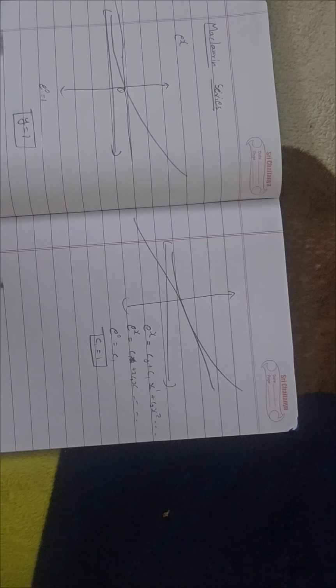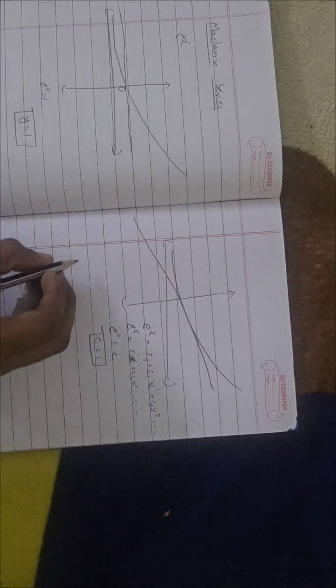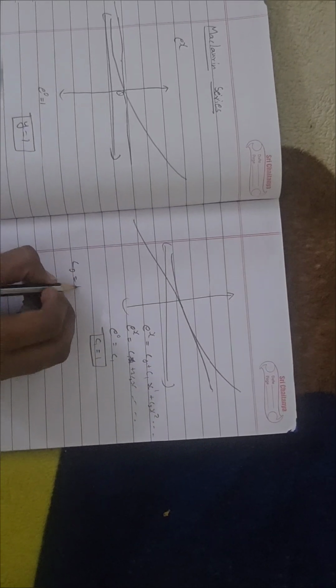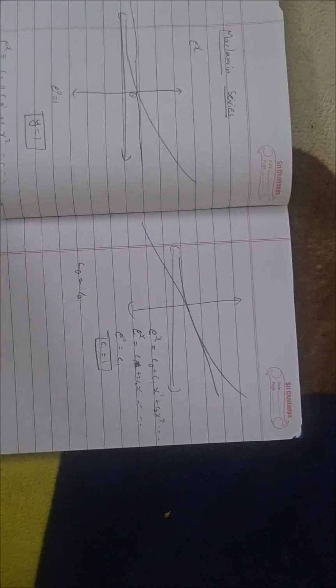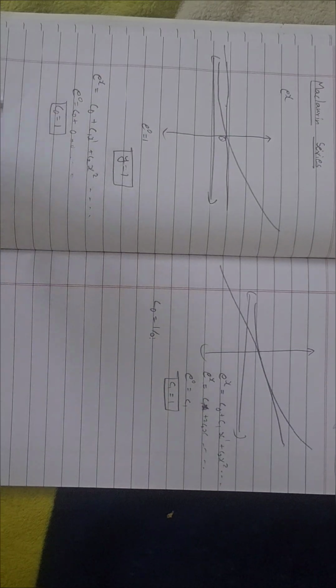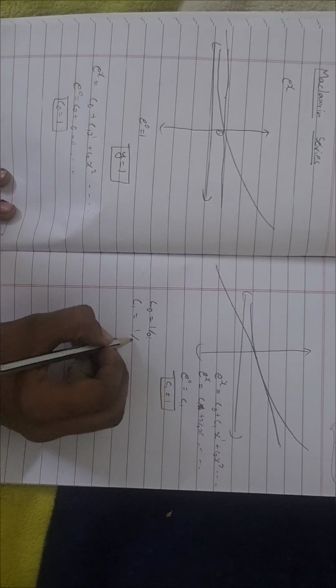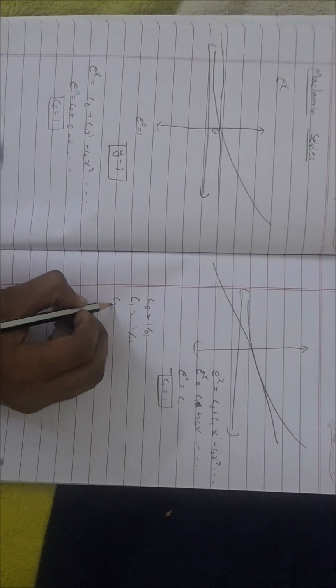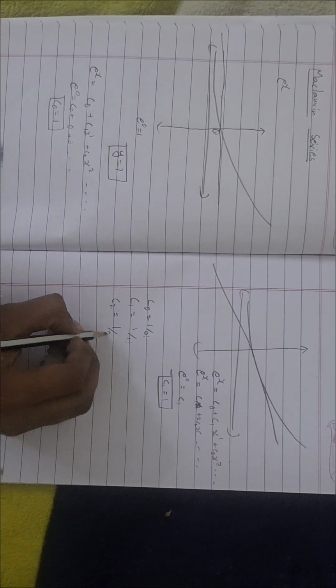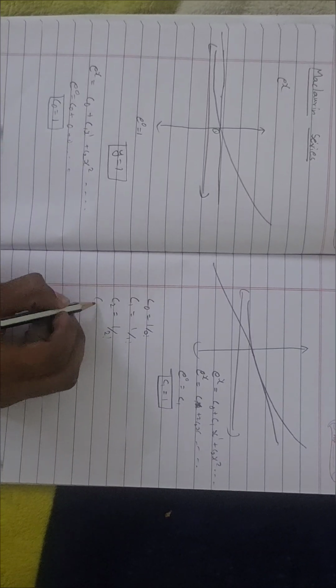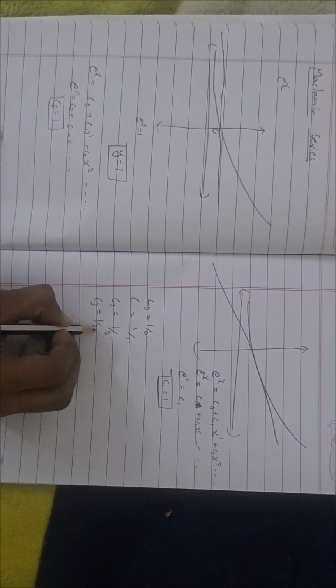And if I differentiate another time, and find the values of c2, c3, c4, I get something like c naught equals 1 by 0 factorial, which is nothing but 1. We just found it right here. And c1 equals 1 divided by 1 factorial, c2 is 1 by 2 factorial, c3 equals 1 by 3 factorial,